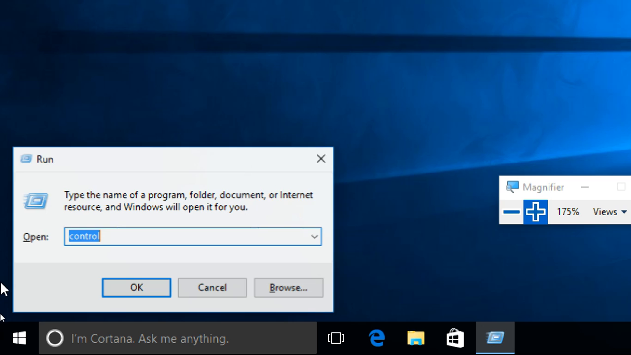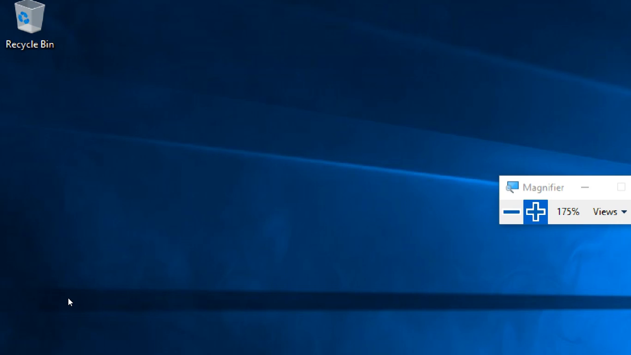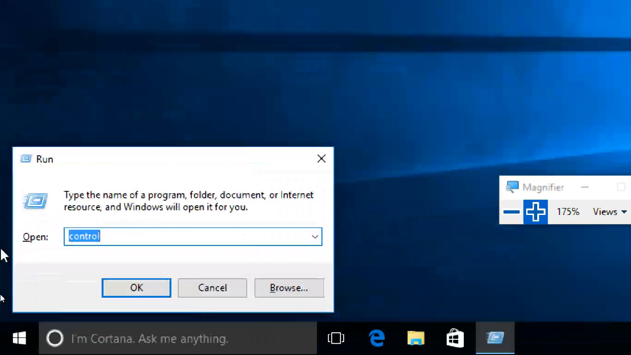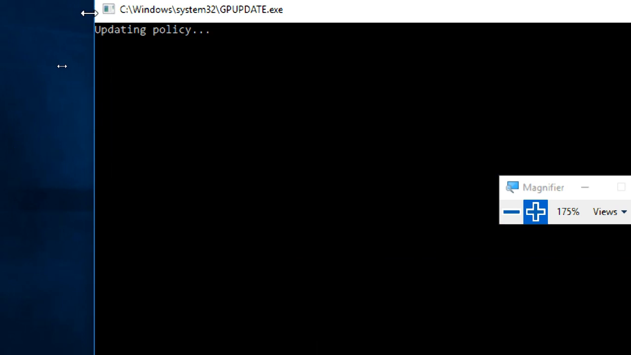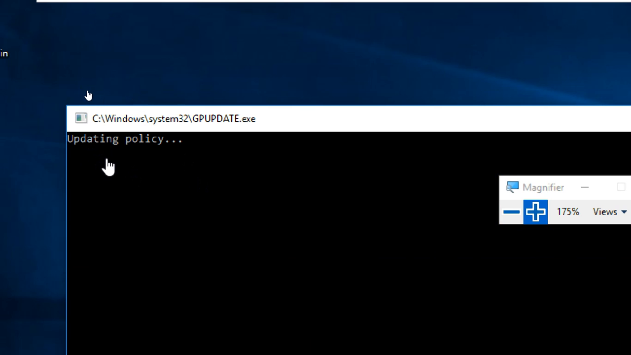So I'm going to run, or you can go to CMD also, no problem. GP update. I'm putting capital letters for more visibility. GP update slash force, or GP update is enough normally. And here it should show compulsory